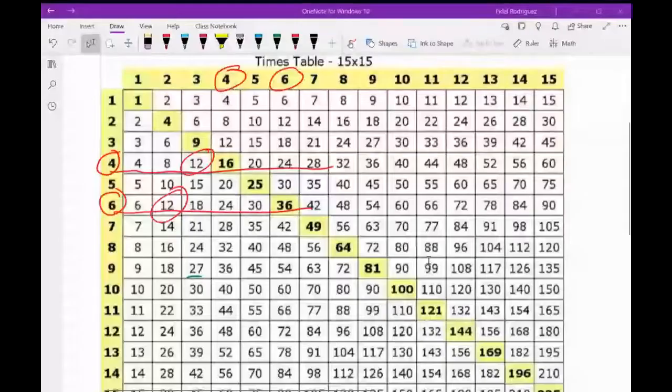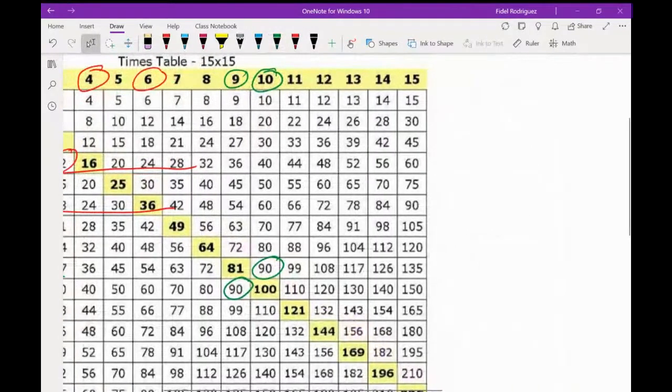Let me come back and share my multiplication table with you guys again. Because my denominators are 10 and 9, those are the numbers I'm going to be looking at. The first number that they both have in common, let's see, is 90. So that's going to be my common denominator.